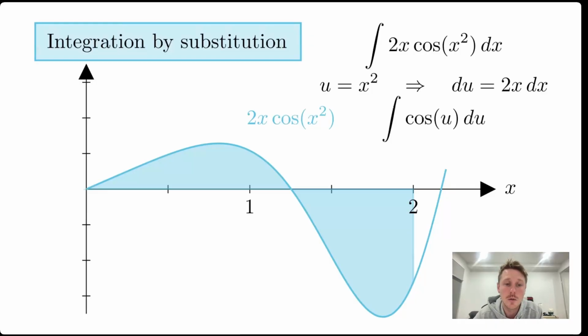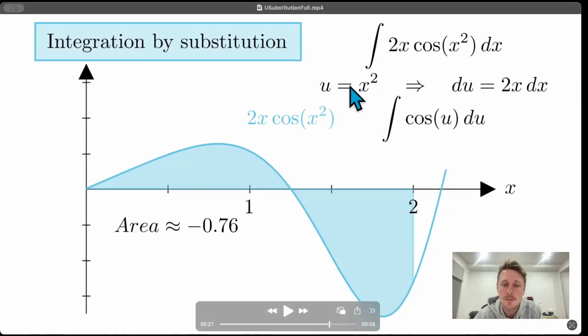And we can just calculate that area using a computer. Obviously, we wouldn't know how to do this without making this substitution, but we get a signed area of approximately negative 0.76. But with this substitution, we can see that we're basically going to change the